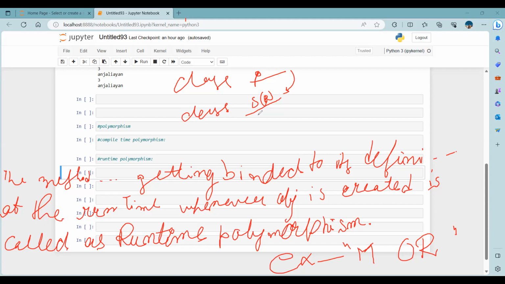नाउ जब मैं क्रिएट कर रहा हूँ ऑब्जेक्ट जो चाइल्ड क्लास का ऑब्जेक्ट है, पकड़ लो कि R1 इज इक्वल टू राजा पैरेंथेसिस, R1 राजा क्लास का ऑब्जेक्ट है। ओके, जब हम ये ऑब्जेक्ट को इन्वोक कर रहे हैं तो ये हमको जो राजा क्लास का मेथड है, जो फंक्शन, जो ऑपरेशन हो गया, वो हमको शो करेगा। ये तो पता है ना कि जब R1 ऑब्जेक्ट को हम कॉल करेंगे।